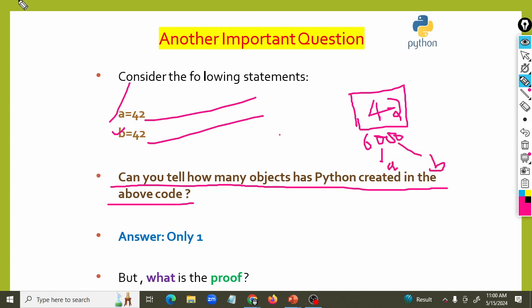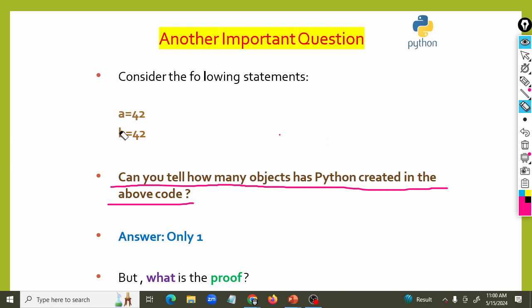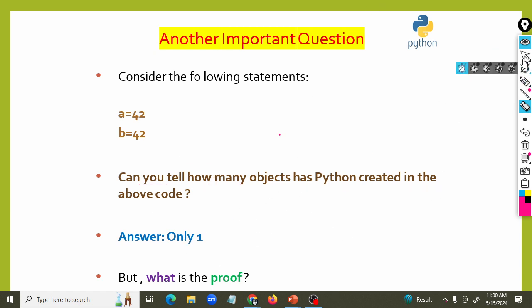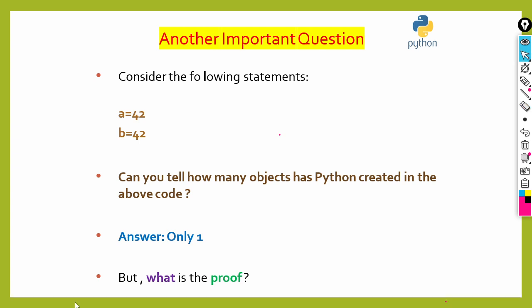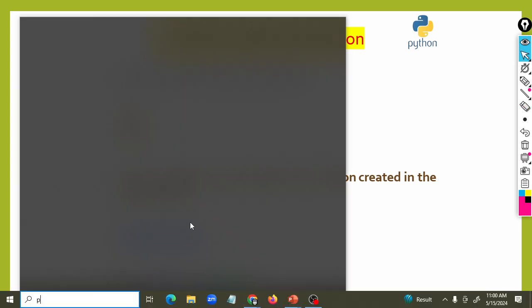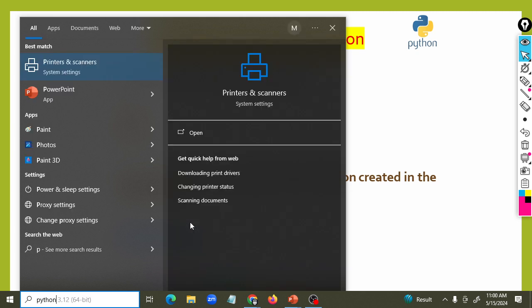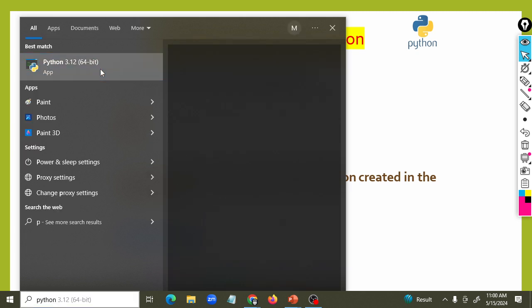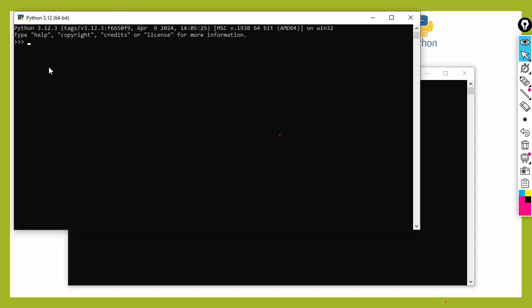Okay, but what is the proof? You are asking what the proof is. I am saying that only one object is created at address 6000, with 42 for A and 42 for B. How can I prove it? So simply I go to Python. Everyone see here, I am opening Python. Okay, and here you can see I have given